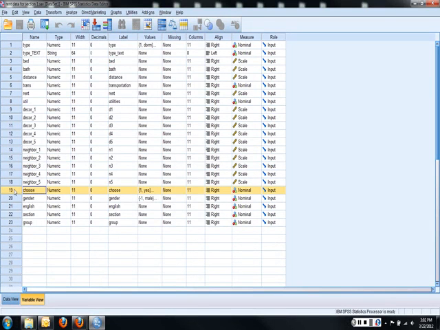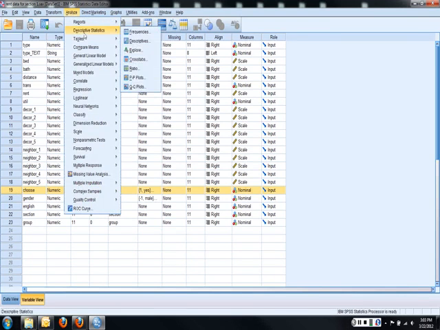I'm going to pick on this variable choose. In our survey, choose was a question that asked the respondents to either choose yes or no, indicating whether or not they would choose to live in the same dwelling again in the future, the same apartment, house, condo, etc. So the first thing I'm going to do is just take a look at my data,